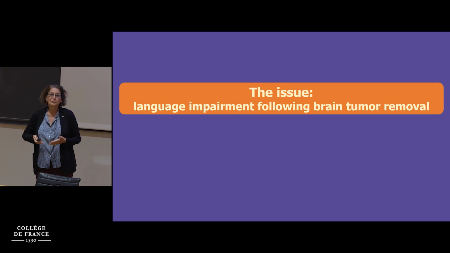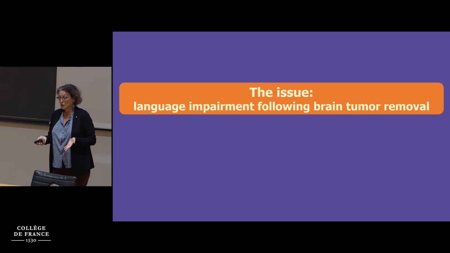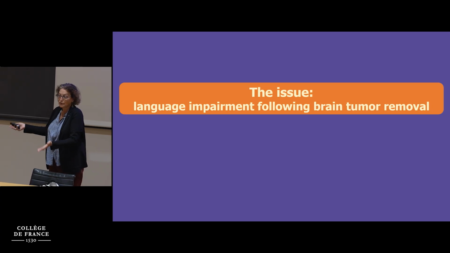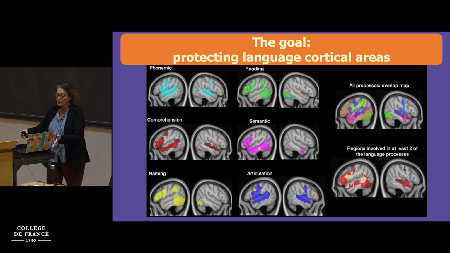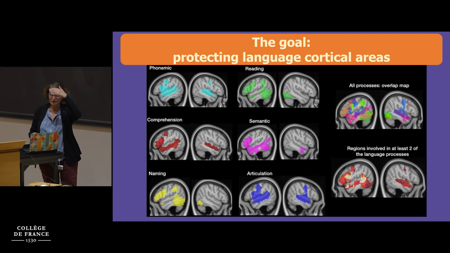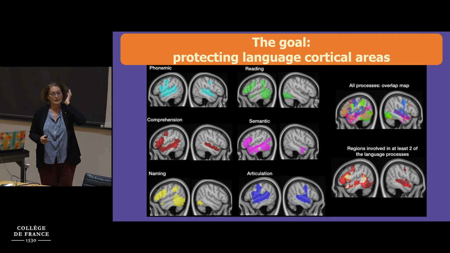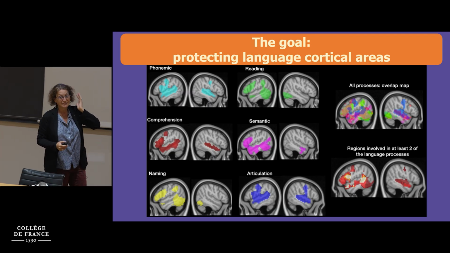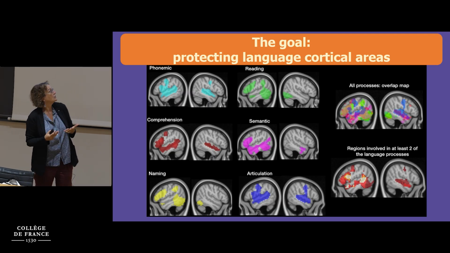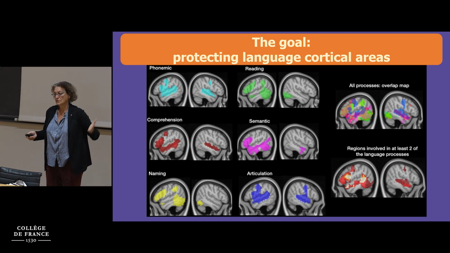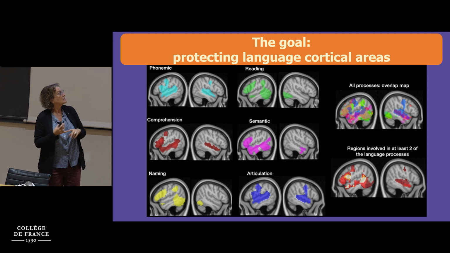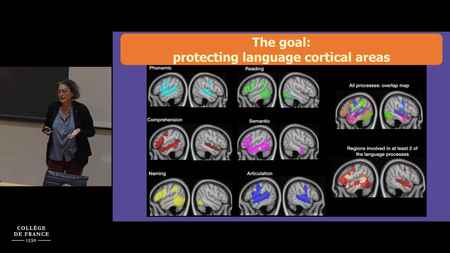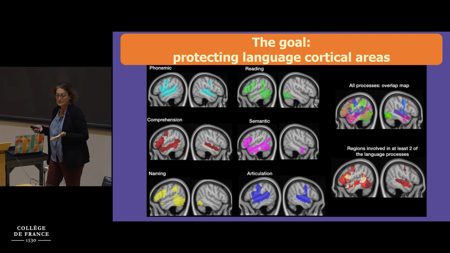What we try to do is protect people who undergo surgery using what we know from linguistic theory and from psycholinguistic theory. So our goal is, first of all, to protect the cortical areas, the areas in the outer part, the gray matter of the brain, many of which have roles in various linguistic functions. But not only the cortical areas are important in syntax and semantics and in lexical retrieval and lexical access, but also